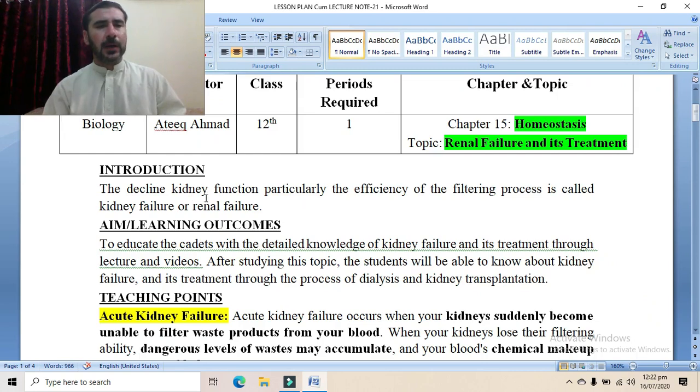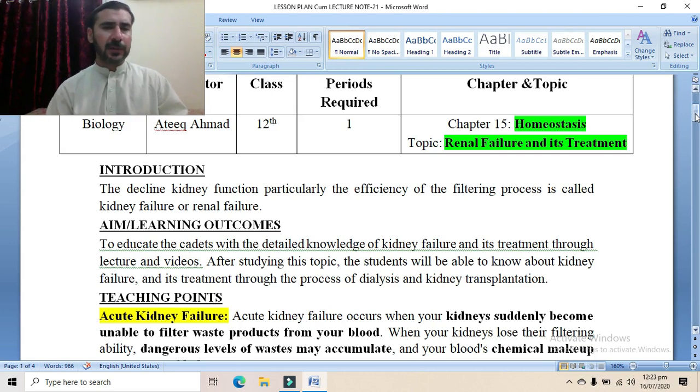Whenever the filtration process, which is performed by the glomerulus and Bowman capsule, and broadly speaking the nephron, is disturbed, ultimately kidney failure or renal failure will occur,